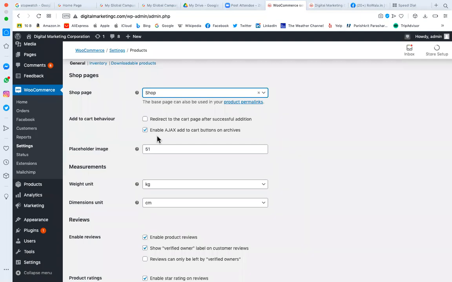Right. So here, redirect to the cart page after successful addition means as soon as they add the product, the add to cart behavior. When someone clicks on add to cart, what do you want? Do you want to redirect that visitor to checkout after the successful product addition? And enable AJAX add to cart buttons on archives. AJAX is a technology using which your page will not create a new URL, but will update the content of the same URL